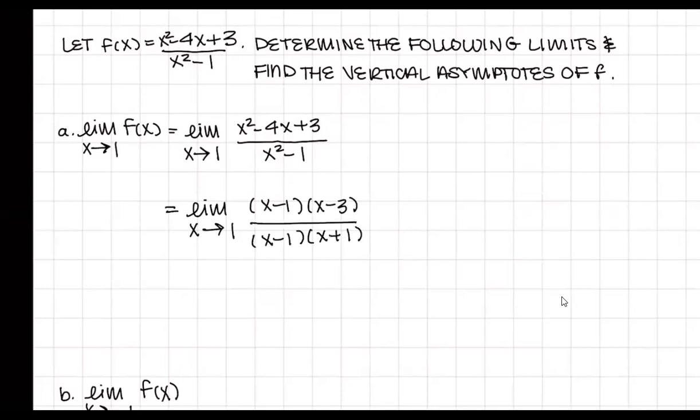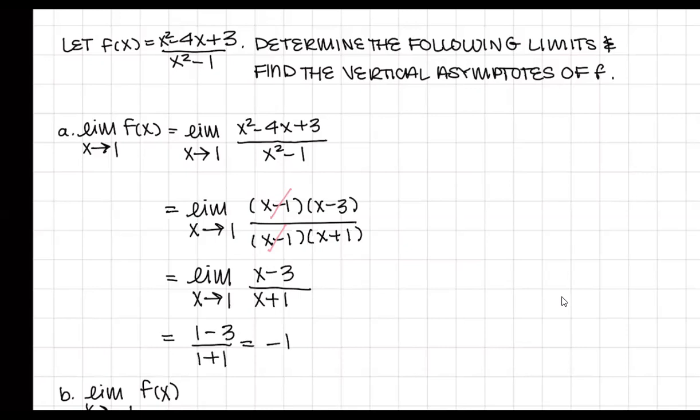So we see here, we've got one copy of x minus 1 in the numerator and one copy of x minus 1 in the denominator. We can go ahead and simplify that. Say the limit as x approaches 1 of x minus 3 over x plus 1. And now when we plug in the value 1, we don't get a divide by 0 error. So we can go ahead and substitute that value in, and we get 1 minus 3 divided by 1 plus 1, which equals -1. Well, that certainly doesn't equal infinity or negative infinity, so we can confidently say there's no